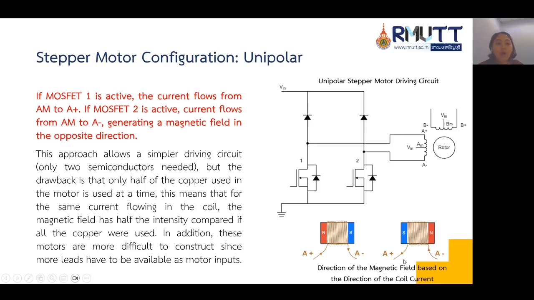This approach allows a simple driving circuit, with only two semiconductors needed, but the drawback is that only half of the copper used in the motor is used at a time. This means that for the same current flowing in the coil, the magnetic field has half the intensity compared to if all the copper were used. In addition, these motors are more difficult to construct since more leads have to be available as motor input.